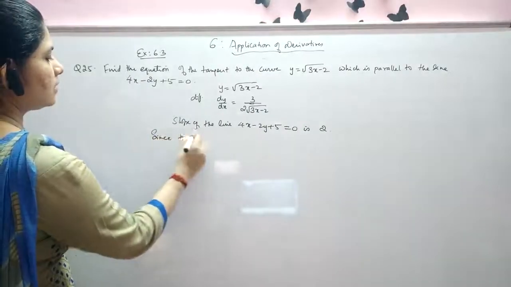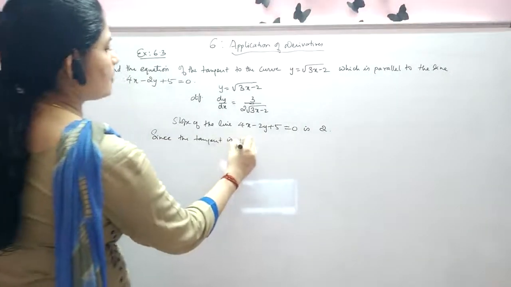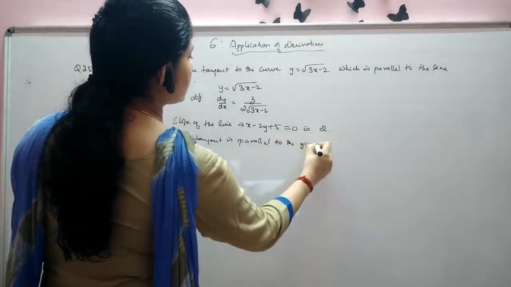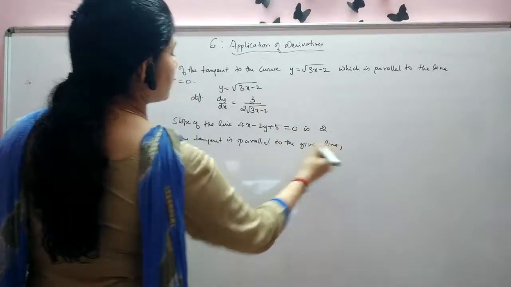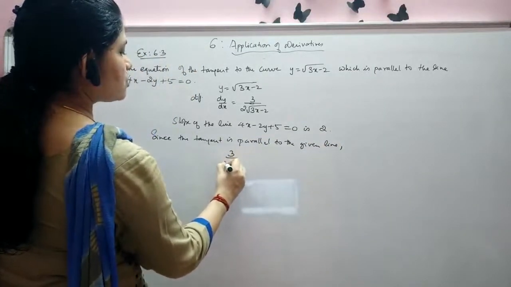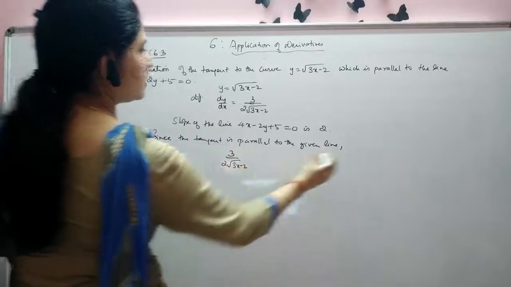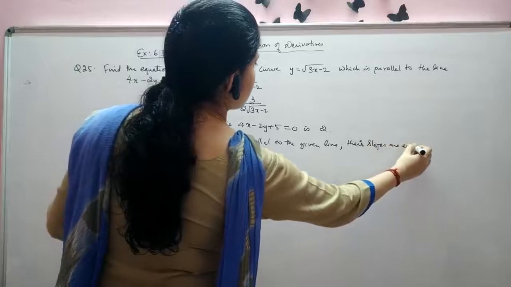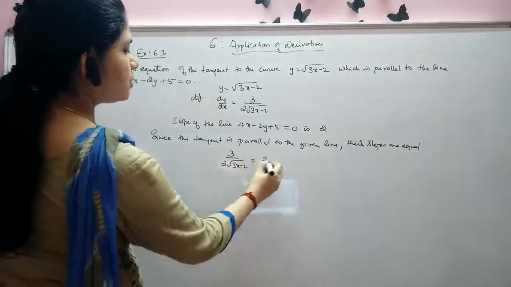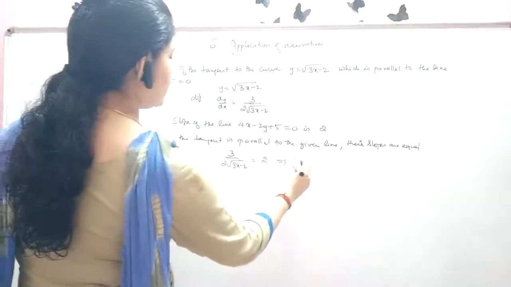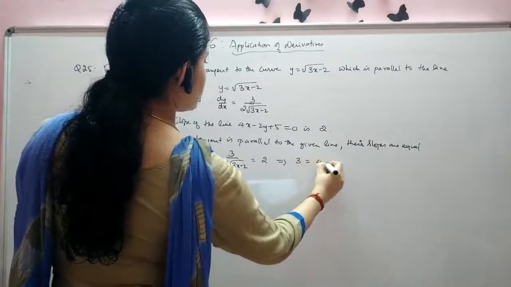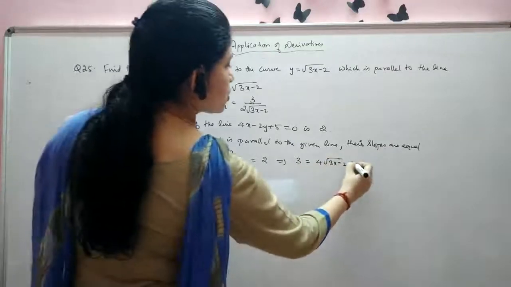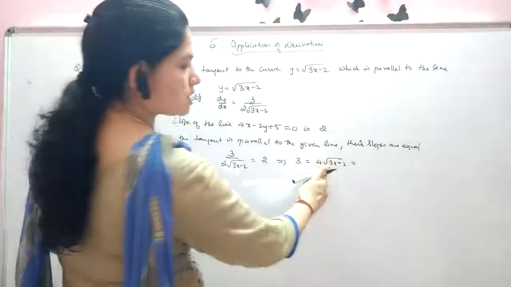since the tangent is parallel to the given line, you will have 3 by 2 root of 3x minus 2, their slopes are equal. So you'll have this is equal to 2. So solving, you will get 3 is equal to 4 root of 3x minus 2, or squaring both sides in order to eliminate this root sign,